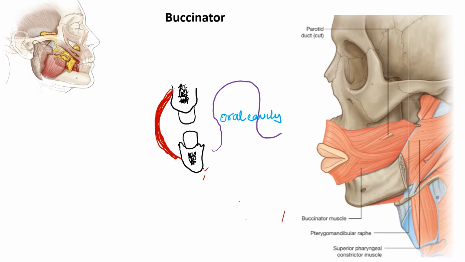It is a quadrilateral shaped muscle which attaches to the maxilla above and the mandible below. And where does it attach? Towards the area where the molar teeth are present for both the muscles. Now this muscle here is the buccinator, and this is a coronal section of the same which we are seeing. Now, anteriorly, this muscle has some of its fibers which are continuous with the fibers of the orbicularis oris, and posteriorly, it's getting attached to this connective tissue which is going from the